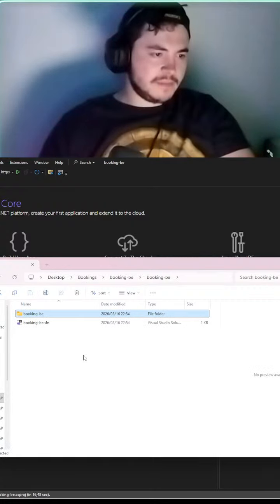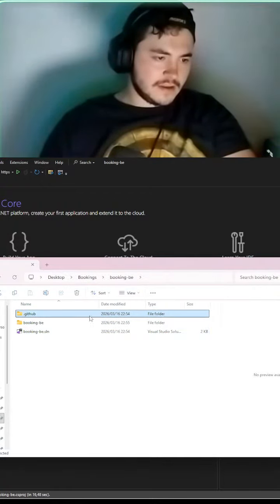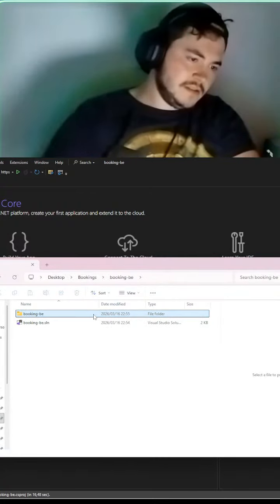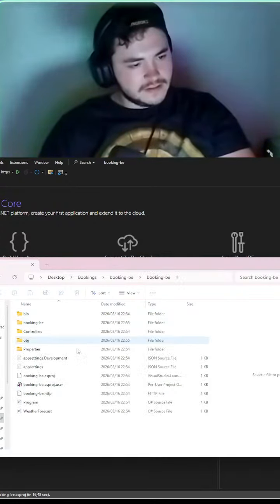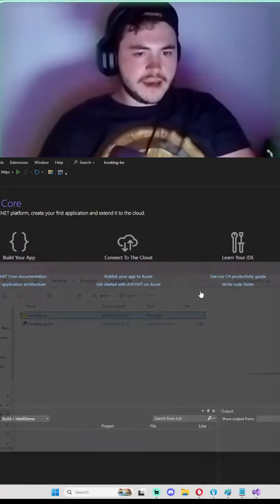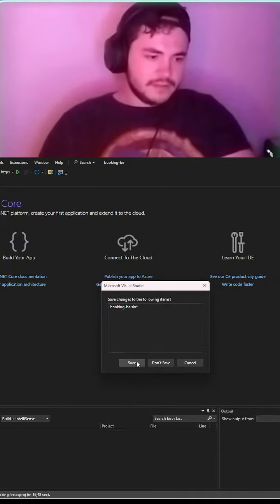Okay, cool. So I'm happy. Let's Control X this. And let's maybe delete this GitHub. I don't think we need it. Okay, that's cool. So I think everything works now.